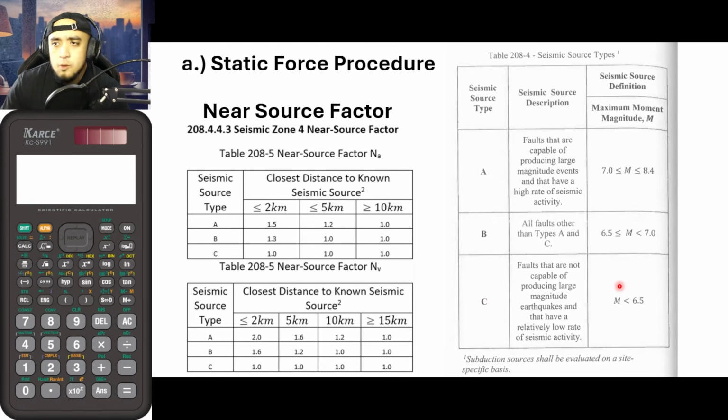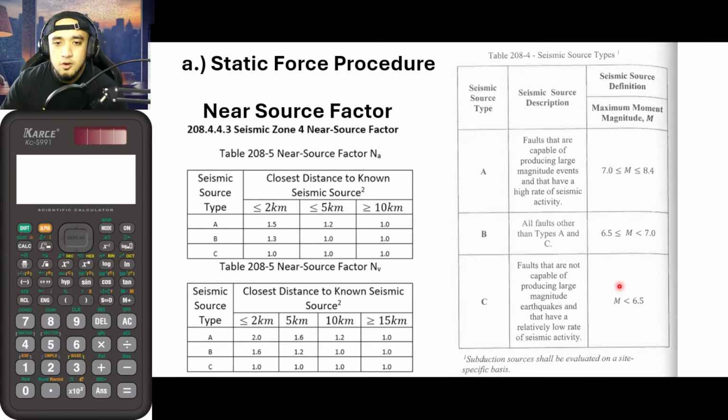Okay, so how would you know in the first place? One thing that you could do is research on the net. Let's say that your building is located near the West Valley Fault, which is in Manila, and there you could search in the net or in PHIVOLCS what is the maximum magnitude that is not intended but rather anticipated in that